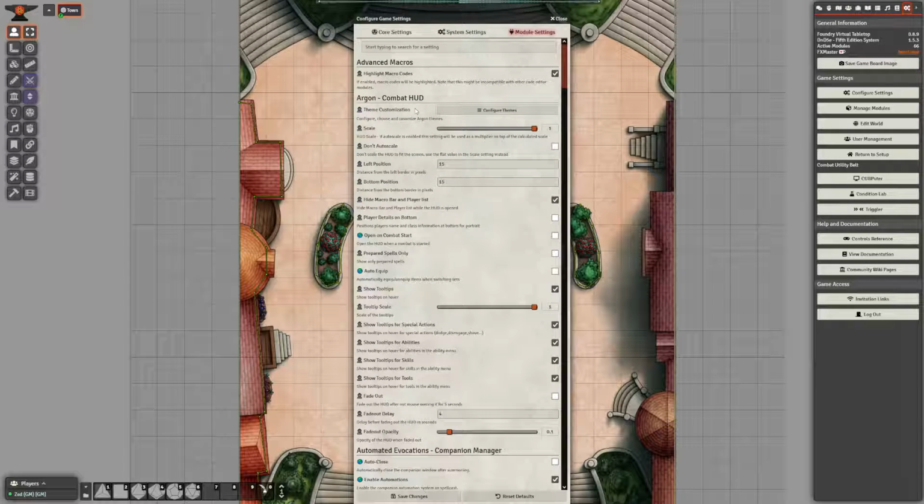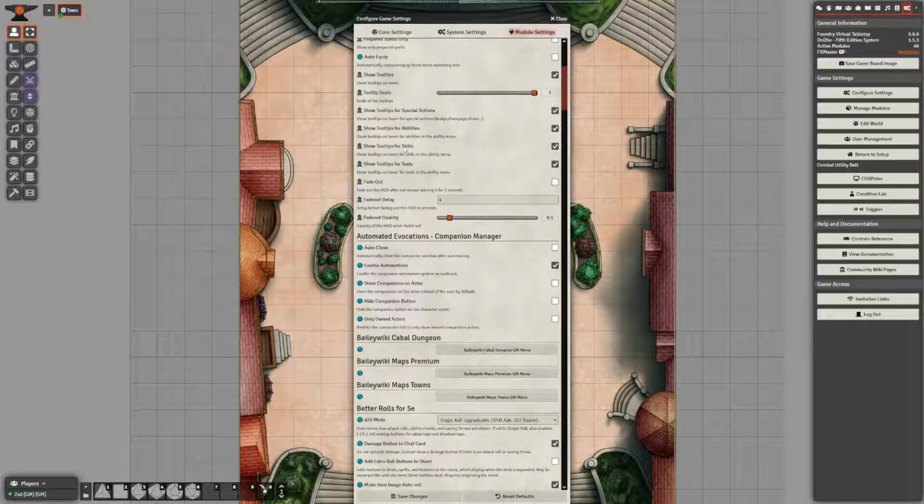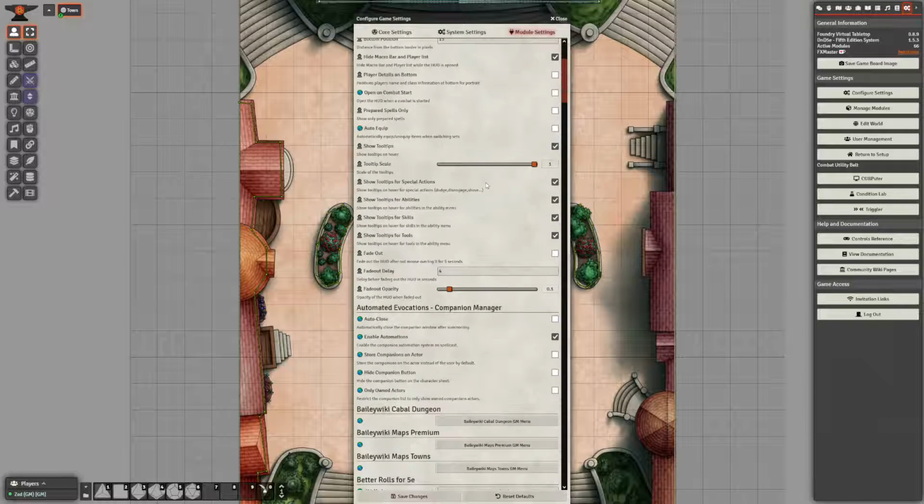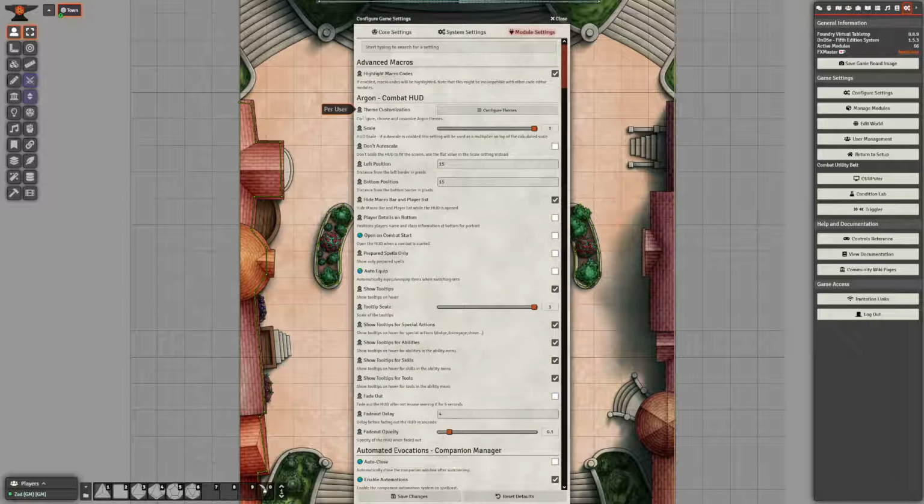And there are also module settings as well. I have a lot of modules activated right now, so you'll see a lot of items. I'm not going to go through all of those, but it is worth noting that you can toggle settings here. And some of these are per user, so if you have per user settings here, you might want to direct players there if they're having issues with